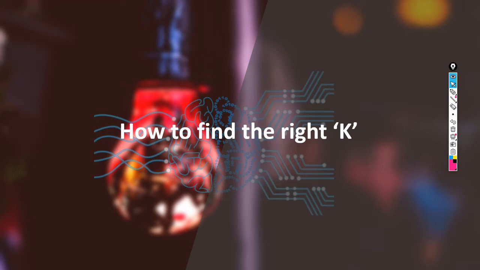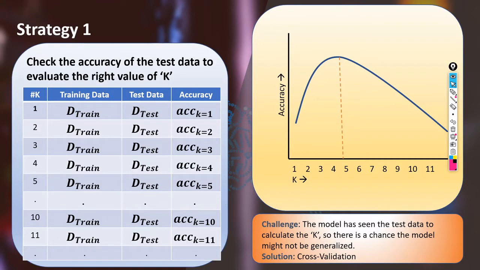In this video, we will learn how to find the right k. If you remember, in my previous video I said that k in KNN is a hyperparameter. That means if you change the value of k, the performance of your model will also change. It might change in a positive direction, where you get good performance, or in a negative direction, where you get worse performance. So we have to find the right k for the right model. Here are the steps by which we can find the right k.